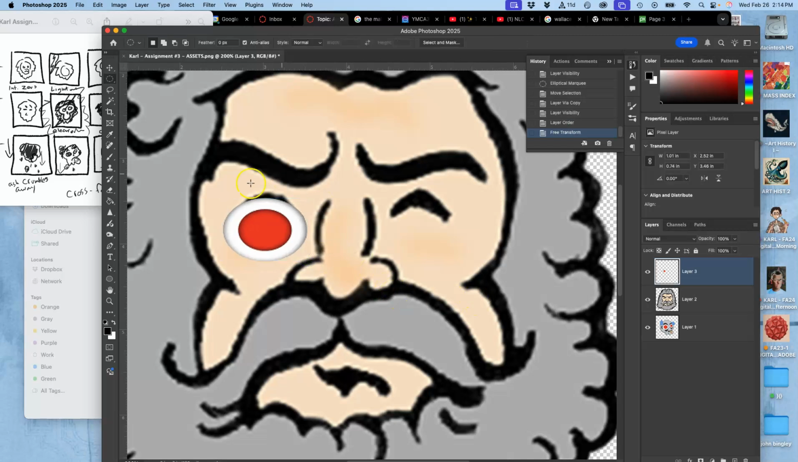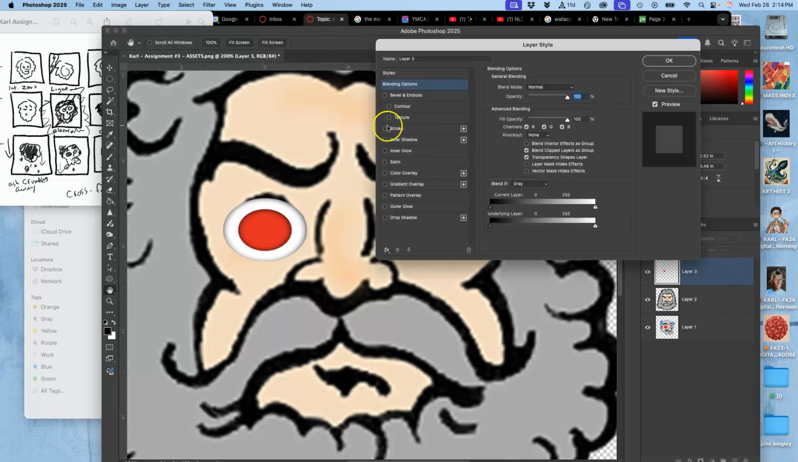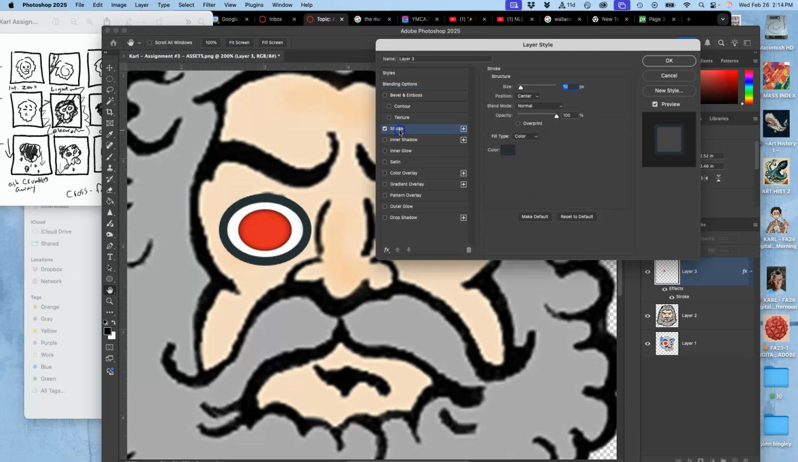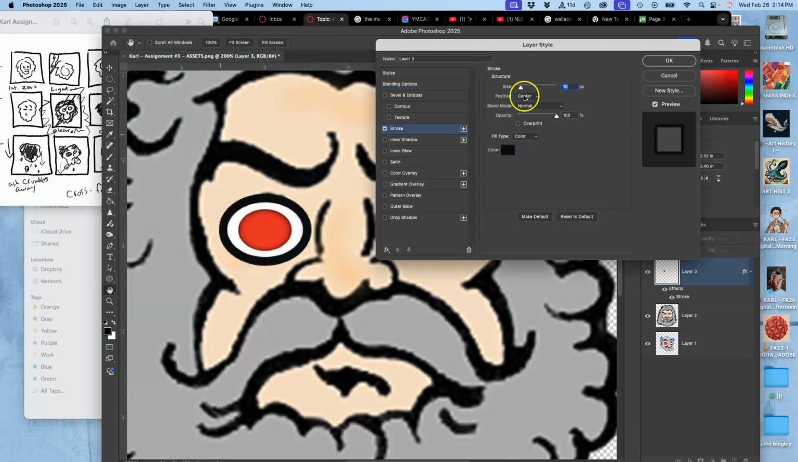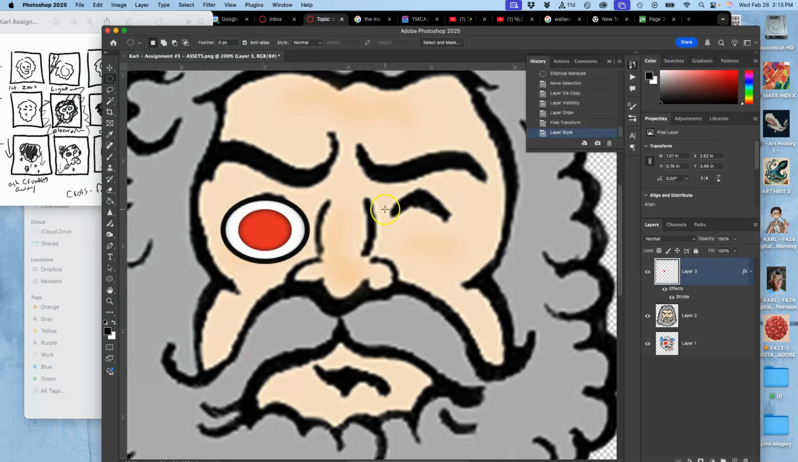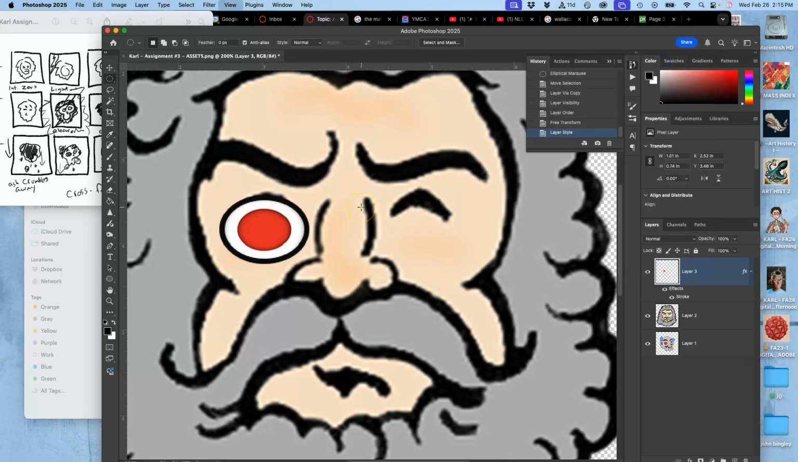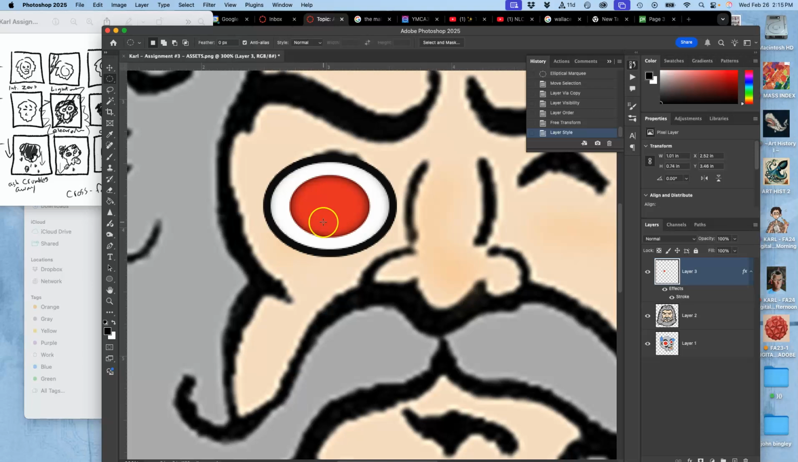Okay, now, maybe to kind of fit the aesthetic, I'm going to double click and put a stroke around it. I'll make that stroke black to match. Make it a little bit thinner, right? And then inside the eye, I want to have a pupil. These are no longer vector shapes, these are rasterized. So I'm going to select all that red